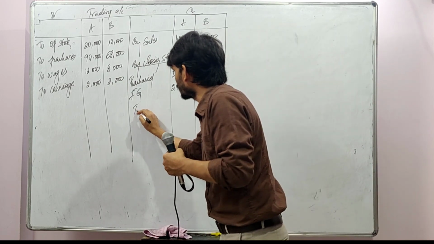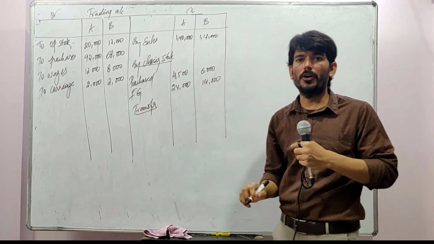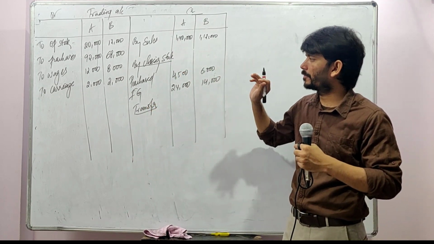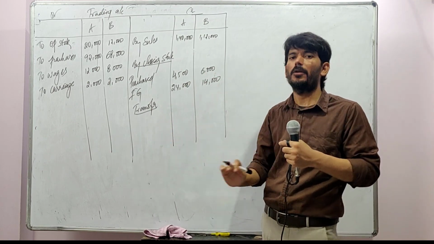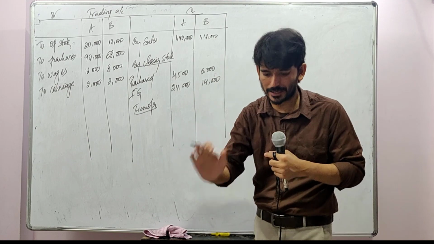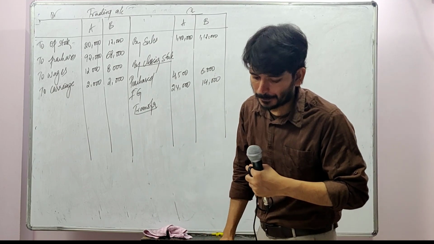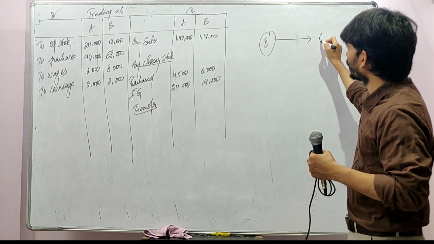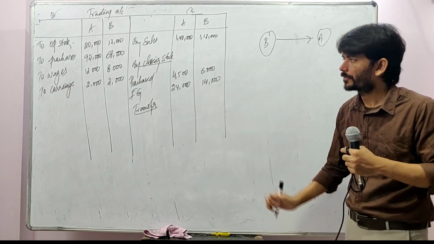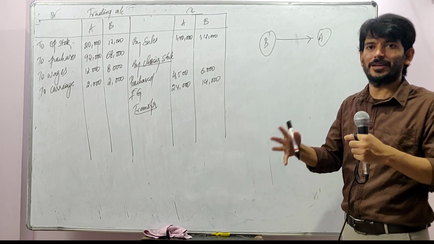So, transfer. Here I would like to draw your attention. Most of the times we make this mistake. We should not make this mistake by following a simple logic. The logic is: purchased goods transferred by B to A. So you write it here, B to A. Who is transferring now? B is transferring. For whom is it an expenditure, for whom is it an income?